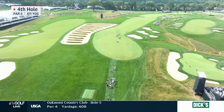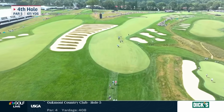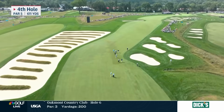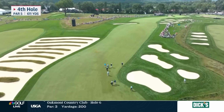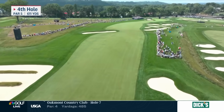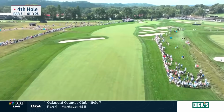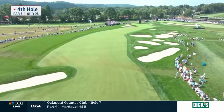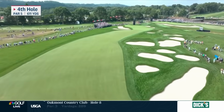You leave yourself up to like 180 yards for your third, because there's a bunker up there that you have to avoid on the left-hand side. If you can cover that, great. Leave yourself a wedge. It's one of the toughest layup shots on any par 5 that I've ever seen, because it's completely blind. Even if you hit the fairway and you're going to lay it up, you can't see anything over that bunker. So you've got to look at something in the distance and gauge, where am I going to